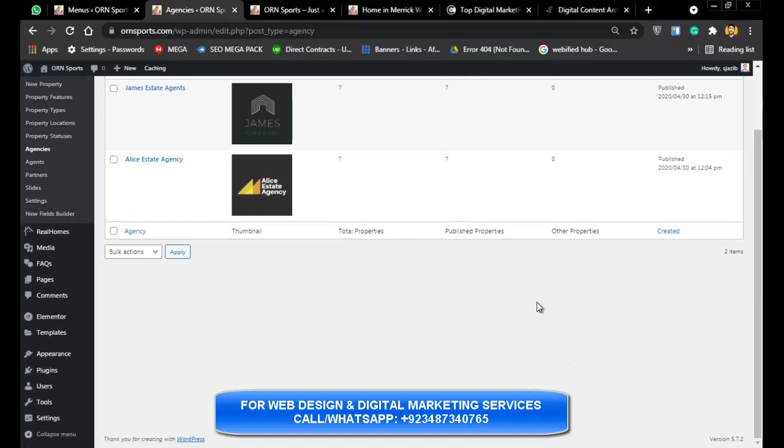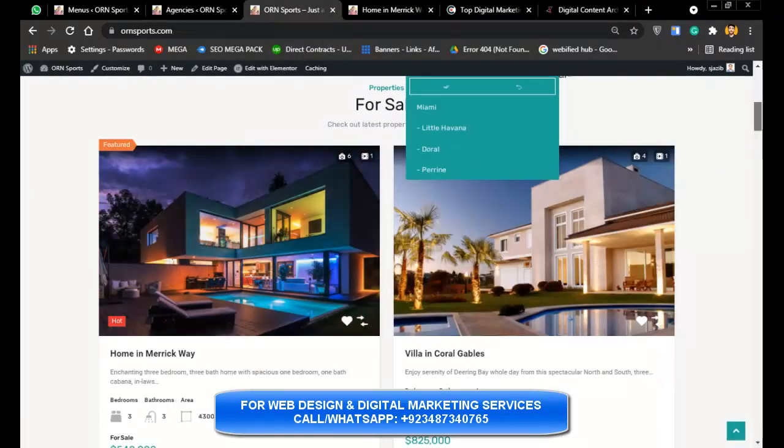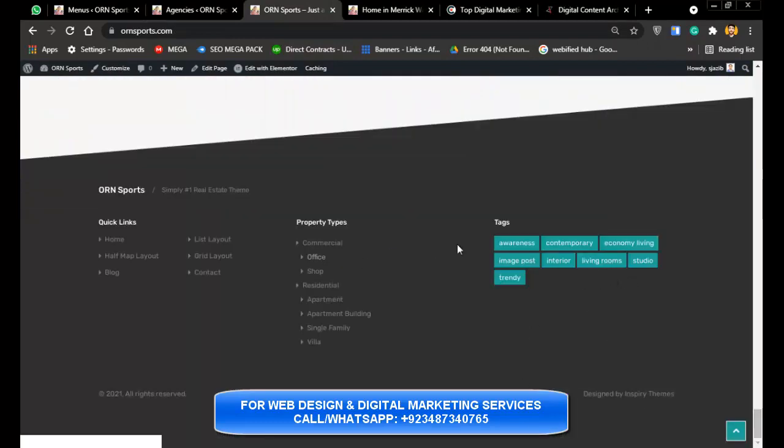And to edit the footer, because we haven't edited the footer here, to edit that section, there was a second menu. In the menu section, you can edit the second menu.